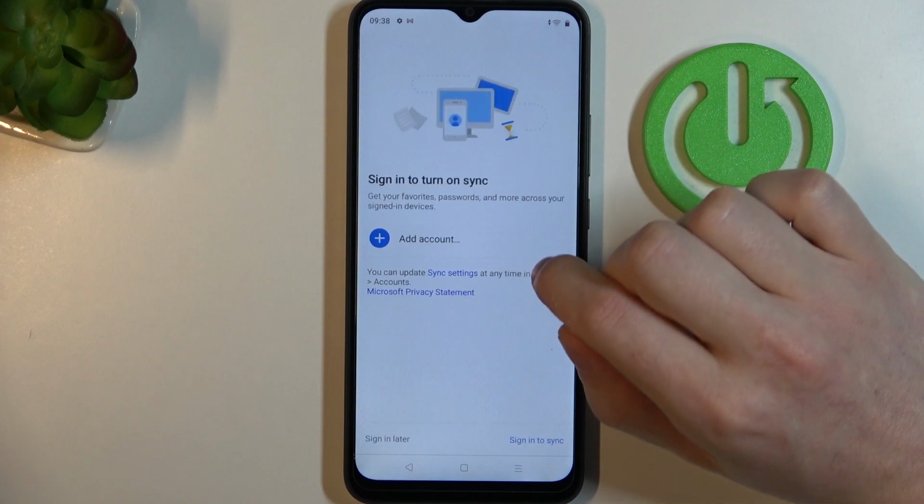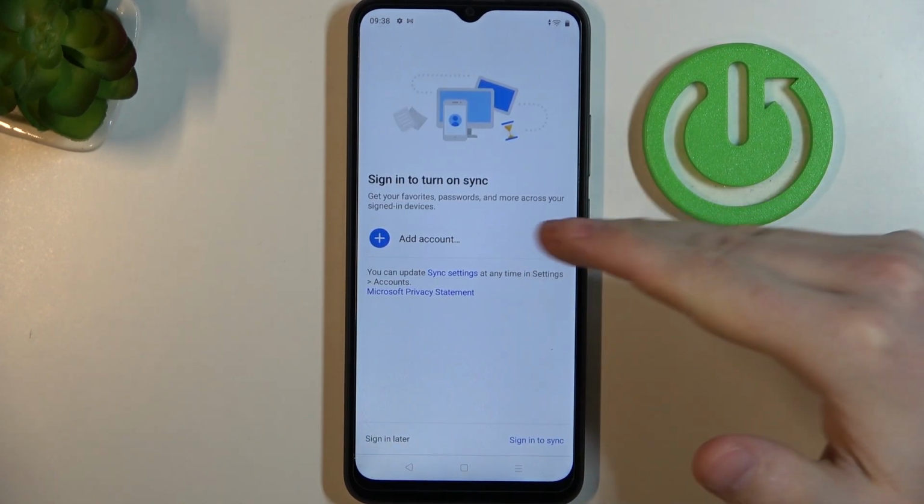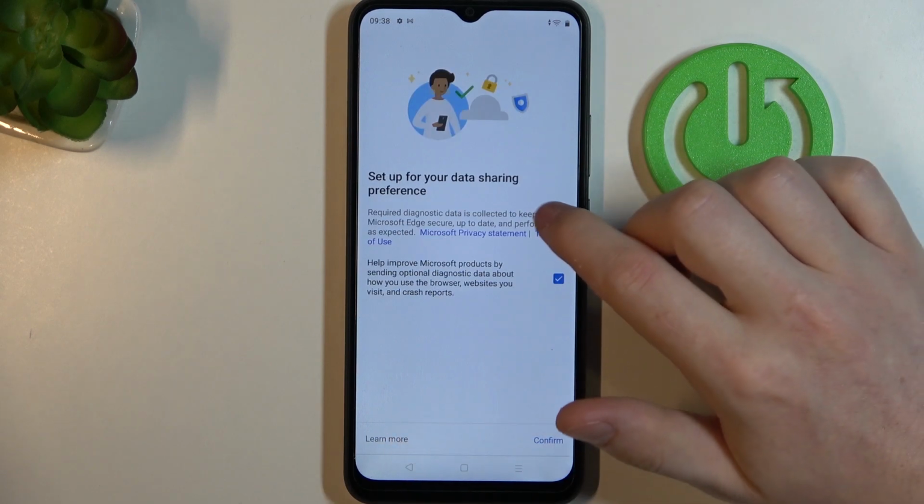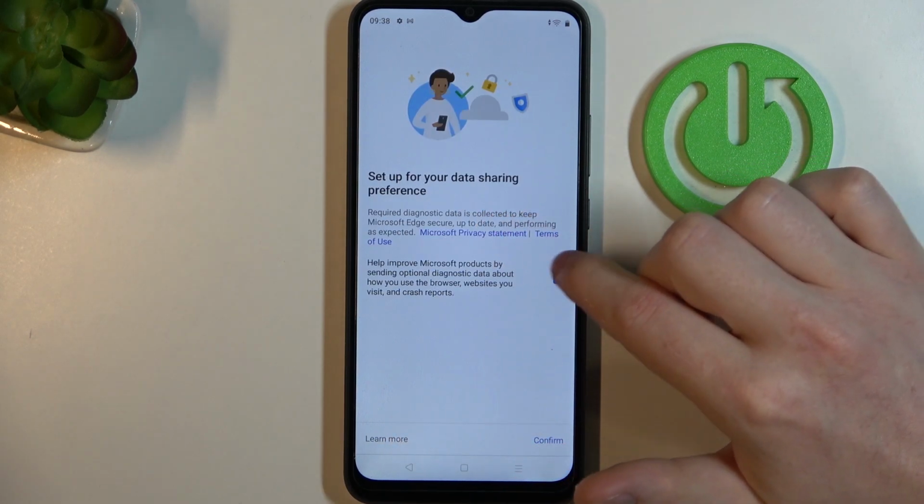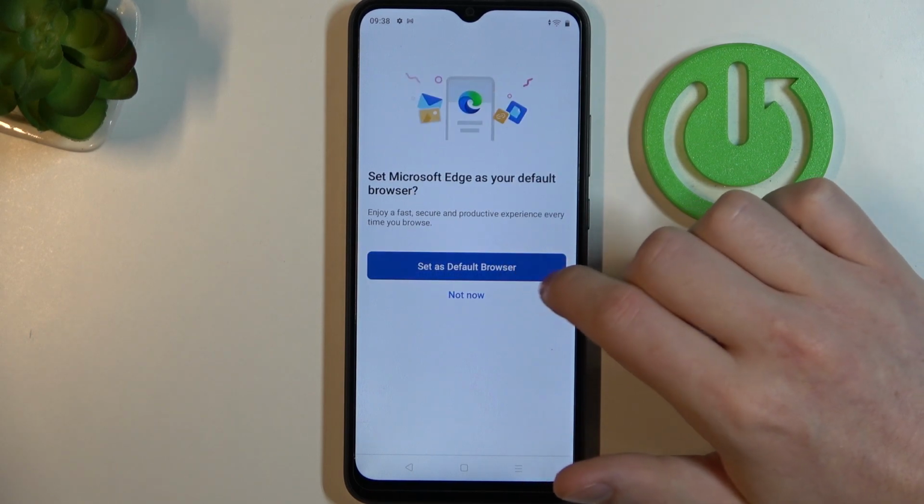After installation process is complete, you should be able to open it. Here you can start customizing it, so you can sign in to turn on synchronization, set up your data sharing preferences, accept or not, set Microsoft Edge as a default browser,